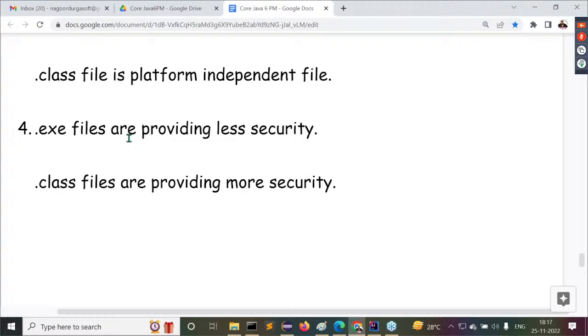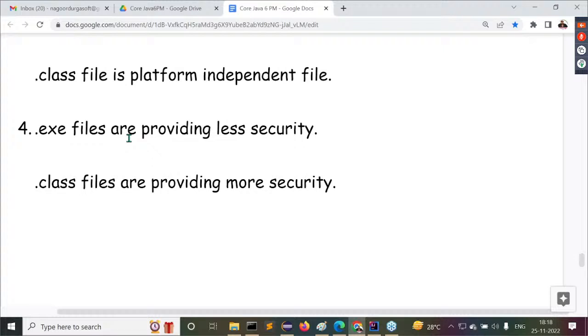I'm telling you a second direction also. Now try to understand this second direction, guys. Observe carefully. In general, if you observe outside, almost all virus related software and malware are provided in the form of .exe files only. No virus related software is provided in the form of .class files.